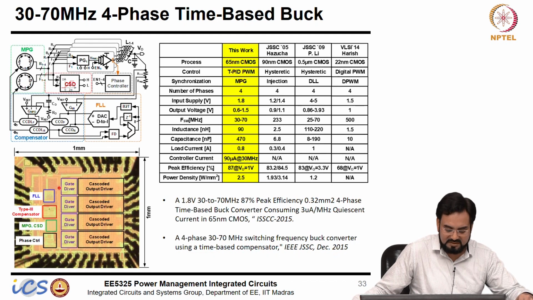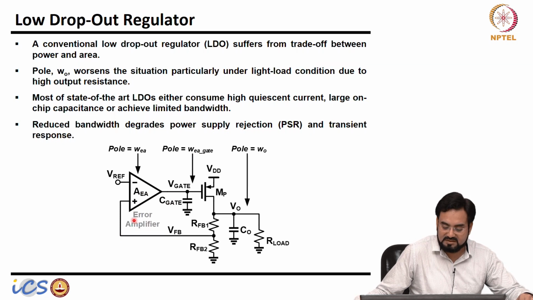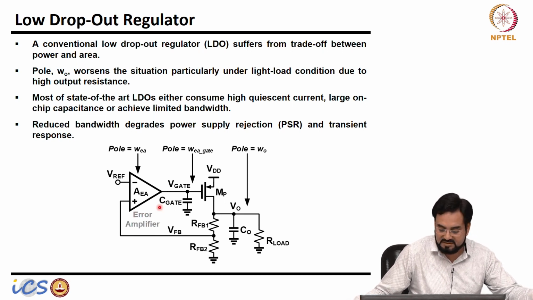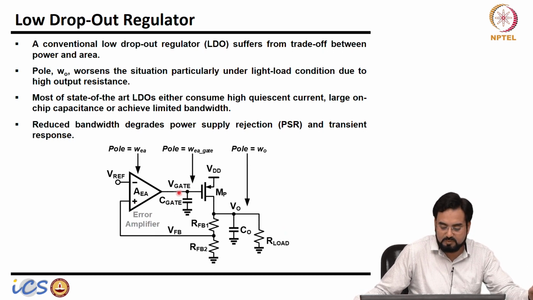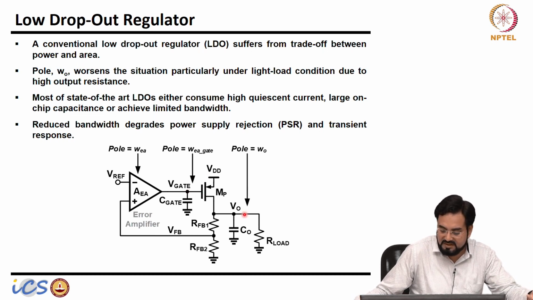So again you can see this is your power stage, and look at the controller size, it's pretty small. Okay, then recently we started doing LDOs using time-based. We already talked about what the issues with the LDOs are, how you compensate, and why it requires compensation. We know there are 3 poles in the whole system. One is with your error amplifier, and most of the time we make sure the error amplifier pole is pushed outside your UGB. Then we are left with 2 poles. One is the gate of your power pass FET, and then the output pole.